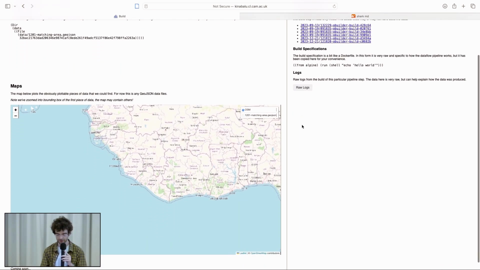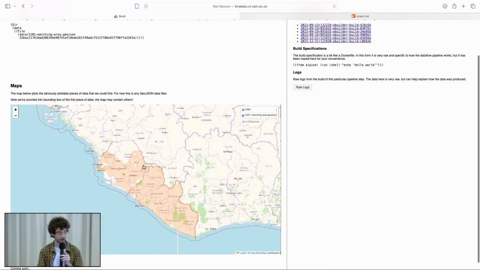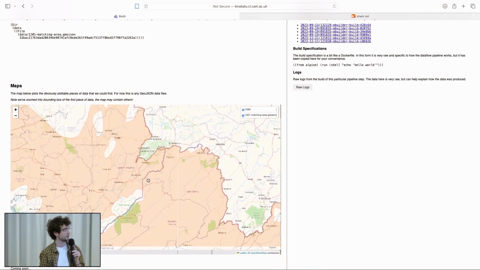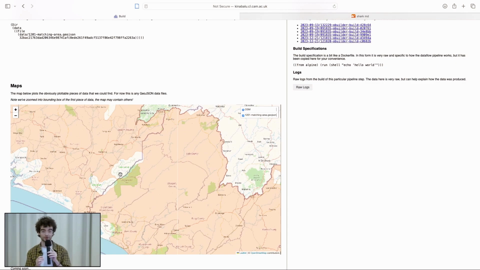And so here, for example, we're generating a matching area, and this is an area that we're allowed to draw pixels from. So we can see an area that's been cropped out, and I can tell you that's actually the forest, that's the project. And everywhere around it is where we're allowed to take our counterfactual analysis pixels from. There are some areas that are being chopped out, and that's due to things like it being a different ecoregion, it's not even tropical moist forest. We've also got country borders, because jurisdictional policies decide how similar areas will be at the end of the day. And so the actual science behind that isn't necessarily that important,